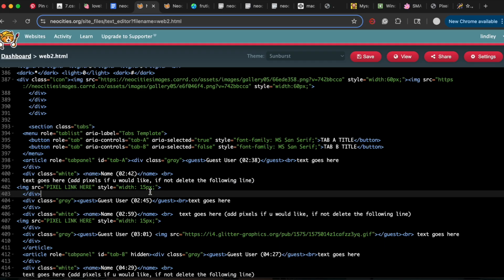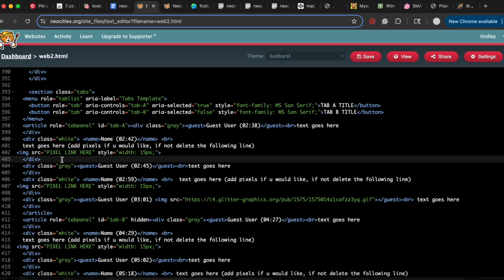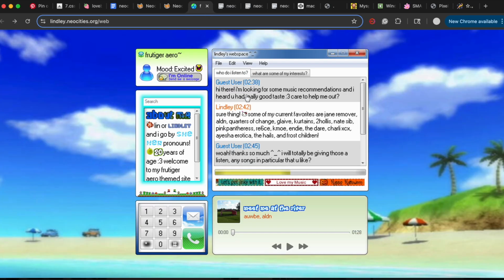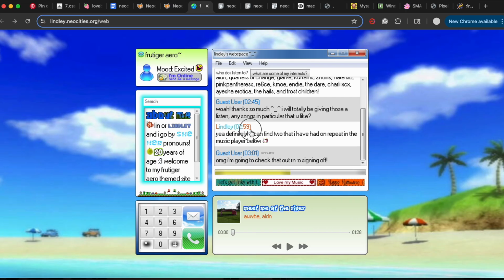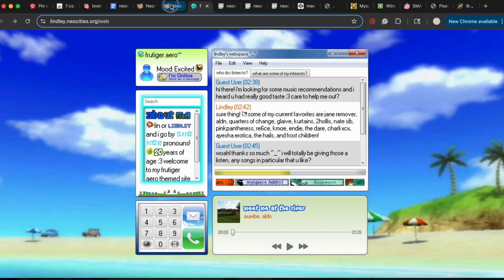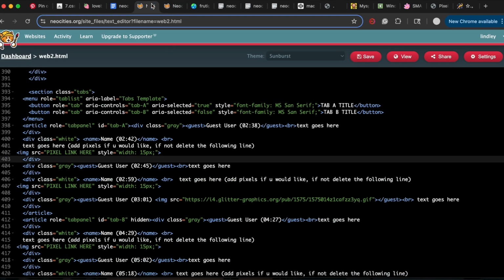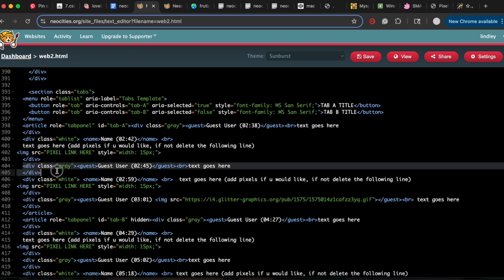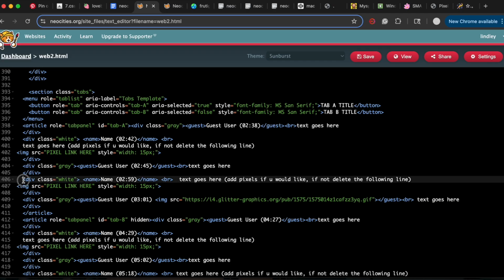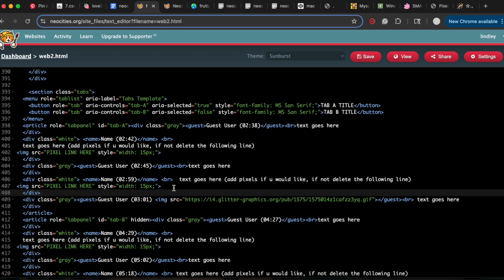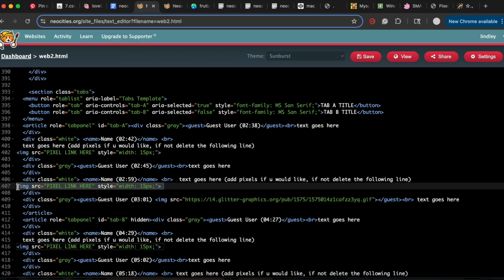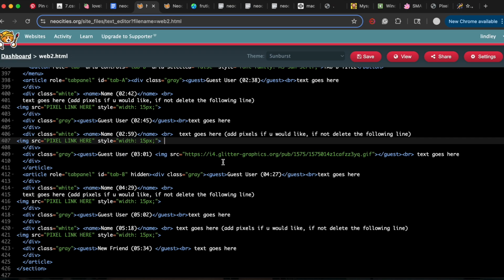And then you would adjust the width based on your pixel, and that's just repeated however many times you want. So guest user shows up 3 times here, but this part, the white, is only twice. So you can copy and paste, add more, delete more sections, if that makes sense. So like guest user, the text, div class again with the pixel, again delete it if you don't want a pixel there, and if you want 2 pixels, just copy this, paste it, edit the pixel,